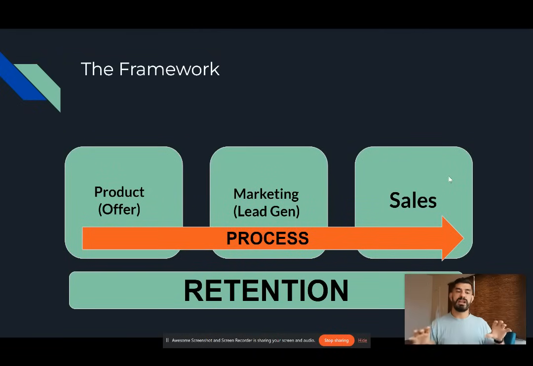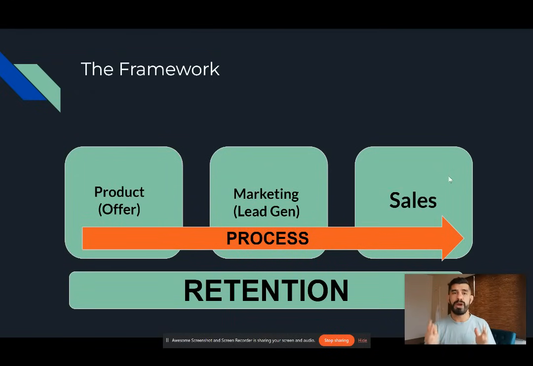And then on the bottom, you have retention, because you don't have a SaaS business if you don't have retention. If people are just signing up, but not actually finishing their free trial, or if they're signing up but only staying 1 month, well, then your business doesn't really have a lot of value. So you want to have your retention as the multiplier that's going to increase the revenue for your business.